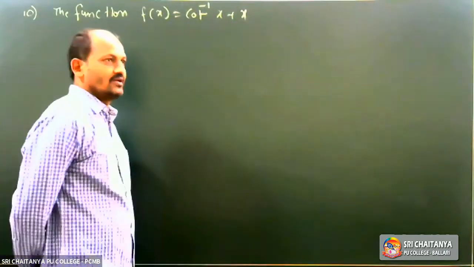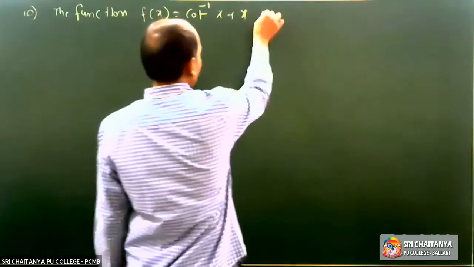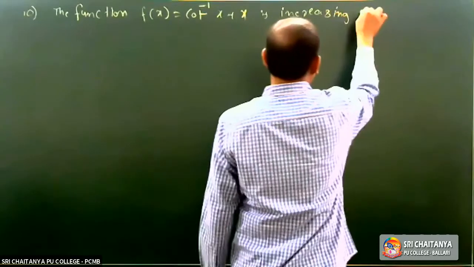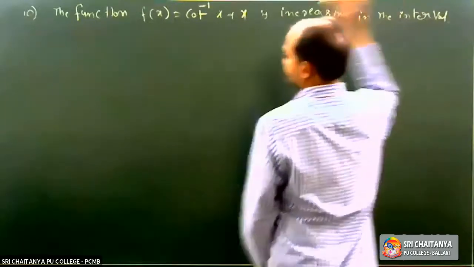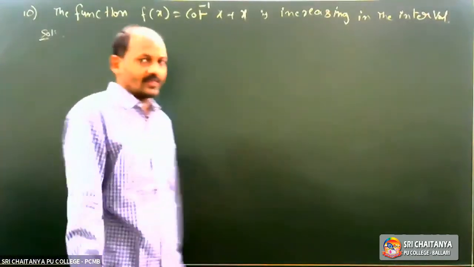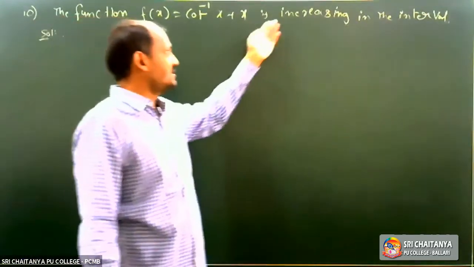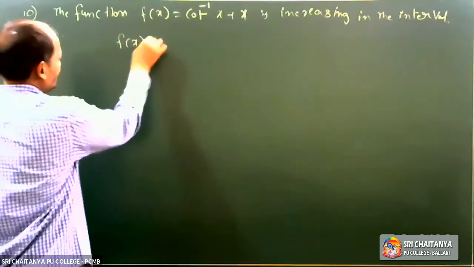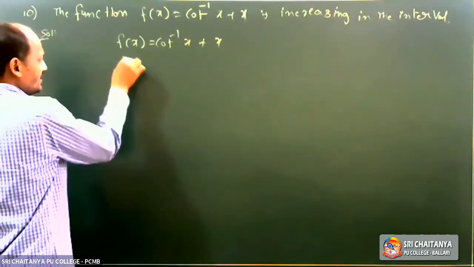The function f of x is equal to cot inverse of x plus x is increasing in the interval. So the given function is an increasing function, then find the interval. So given f of x is equal to cot inverse of x plus x, f dash of x,